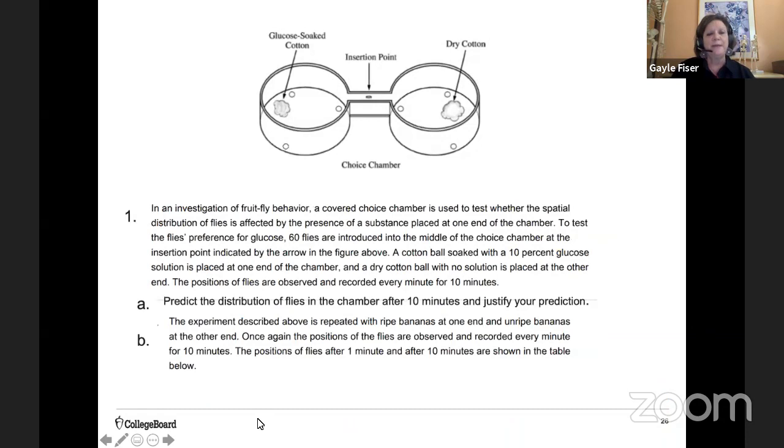Okay, so here's B, and I'll give you a couple of minutes to do B. The experiment described above is repeated with ripe bananas at one end and unripe bananas at the other end. Once again, the positions of the flies are observed and recorded every minute for 10 minutes. The positions of the flies after 1 minute and after 10 minutes are shown in the table below. All right, I'm going to go to the next and